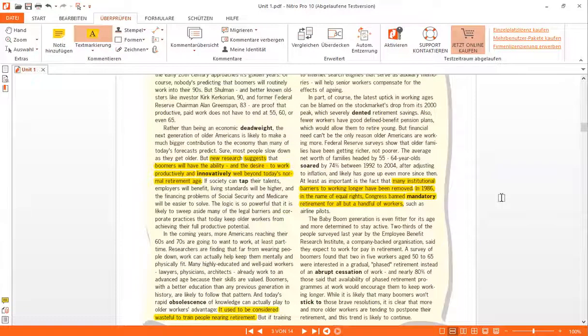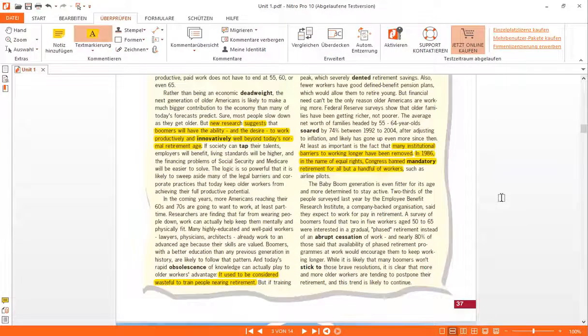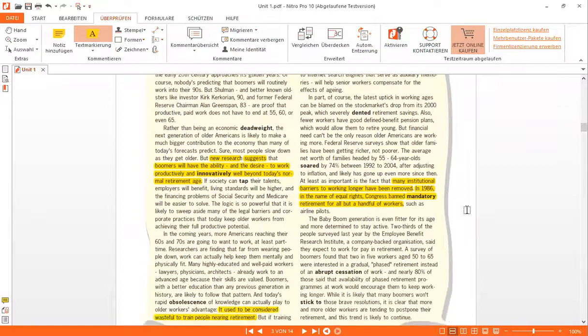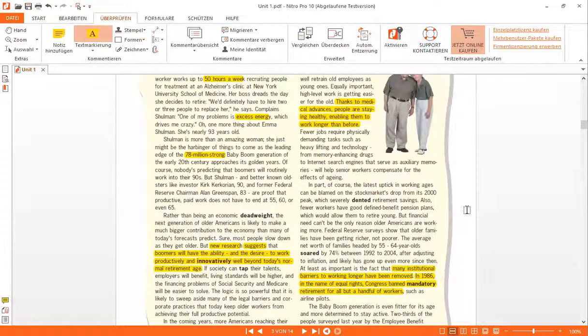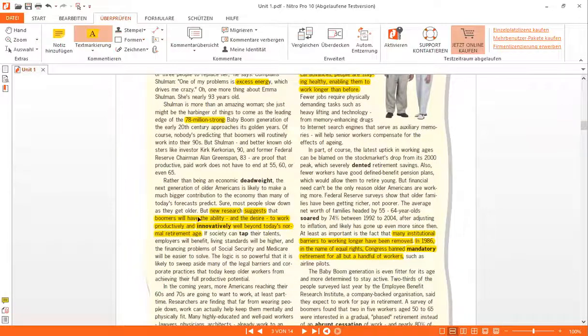Got to do a good scanning job. So when we go to the text to find the keywords for that, the good scanning with economic and then forecast and then predict, you actually get here